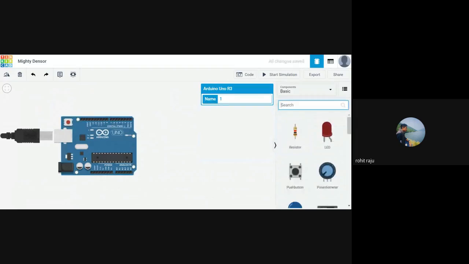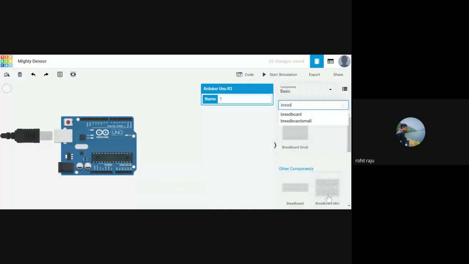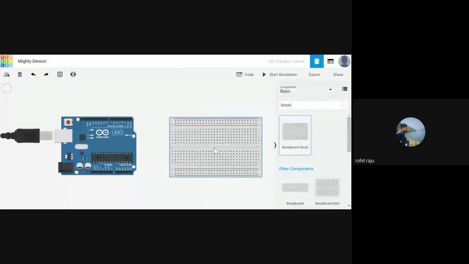Actually, you will be having three sizes of breadboard, I guess. One is small, so you have the small one here, and you also have mini actually. Wait, let me show you. See, we have the mini, and we have this huge breadboard. I think for now we need this small breadboard, which doesn't take up much space, which will be a bit convenient for us. So I'll be taking this.